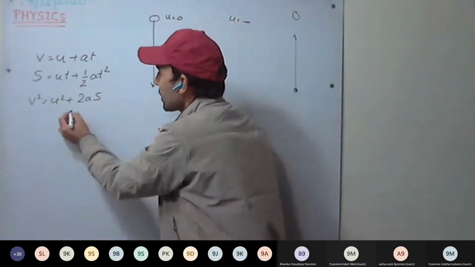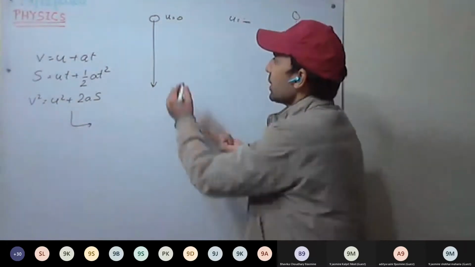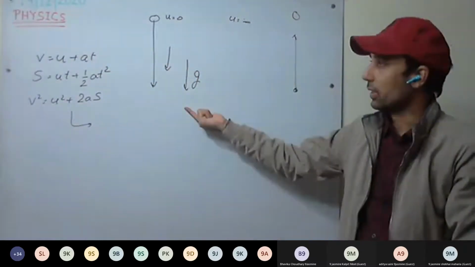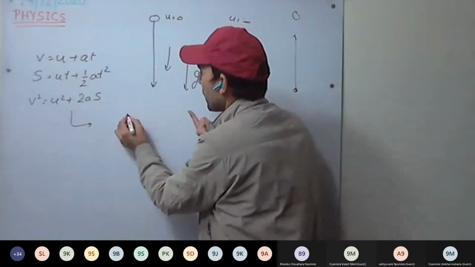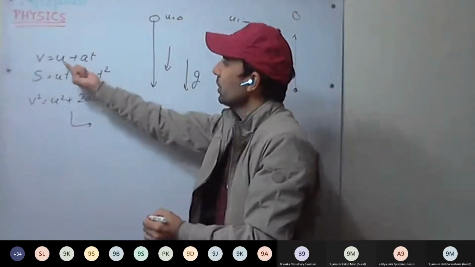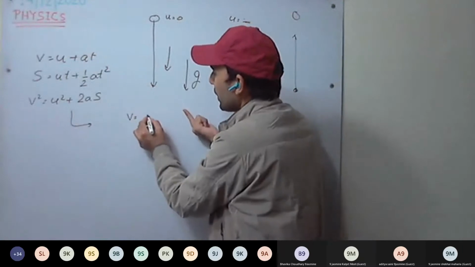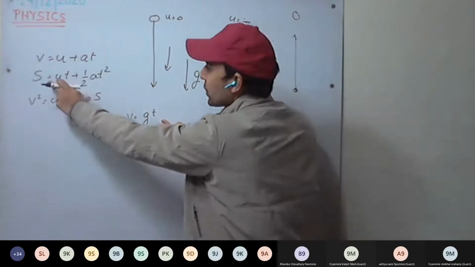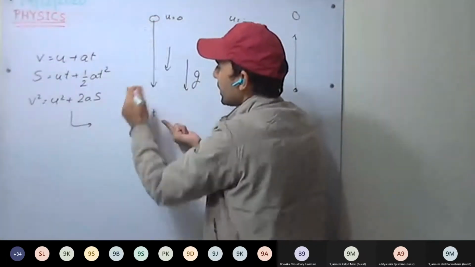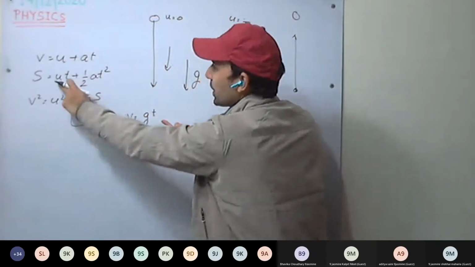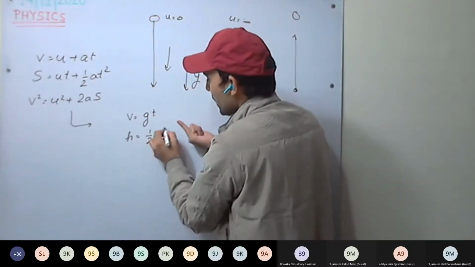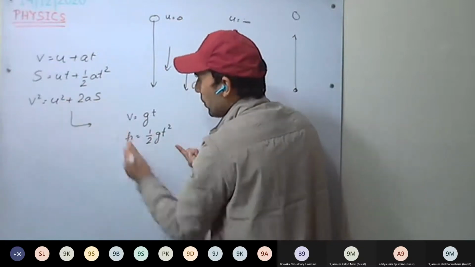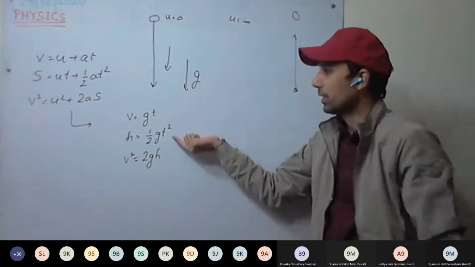So what changes in equations will be there? How will these equations get modified? Now see, motion is in this direction, and g, acceleration due to gravity, is in the same direction. So v will be equal to how much? It is free fall, therefore u is 0 and a will be replaced with g. So the first equation will be modified in this manner. Second equation, for example, this distance is h. It will be 0 plus half g t square. And the last equation, v square equal to 0 plus 2gh. This is clear?